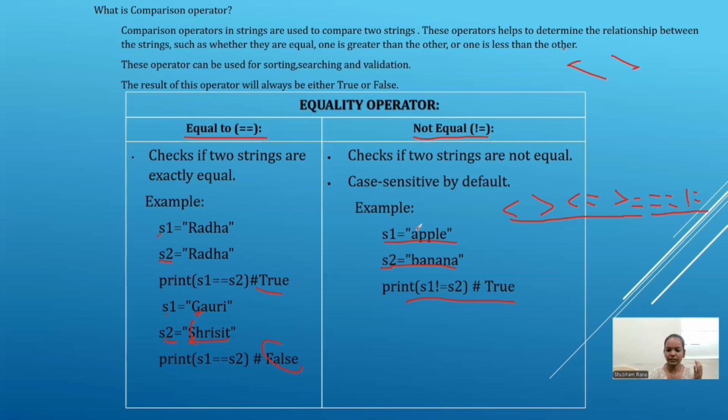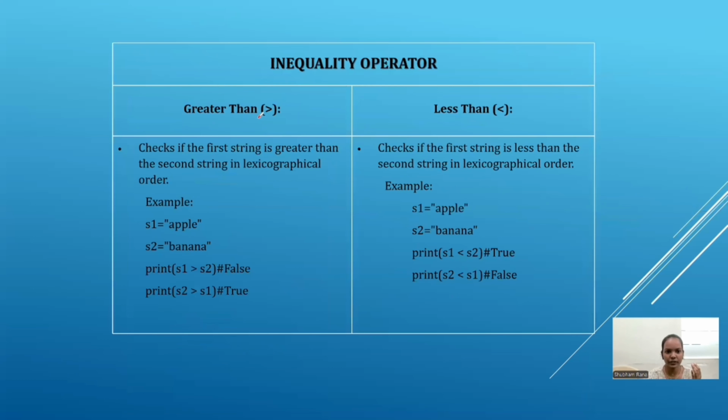So the next comparison operator is the inequality operator, greater than. This operator checks if the first string is greater than the second string in lexicographical order. Lexicographical order means dictionary order. Dictionary order, for example,